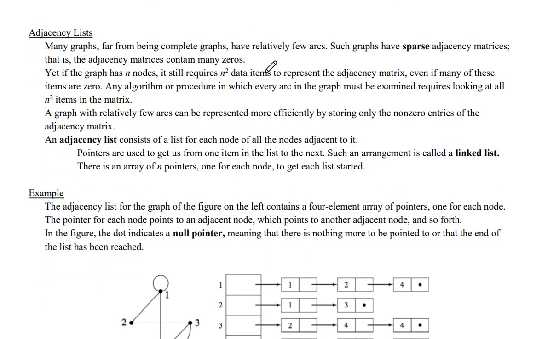So many graphs, far from being complete graphs, have relatively few arcs, such graphs have sparse adjacency matrices. That is, the adjacency matrices contain many zeros. Yet, if the graph has n nodes, it still requires n squared data items to represent the adjacency matrix, even if many of these items are zero. Any algorithm or procedure in which every arc in the graph must be examined requires looking at all n squared